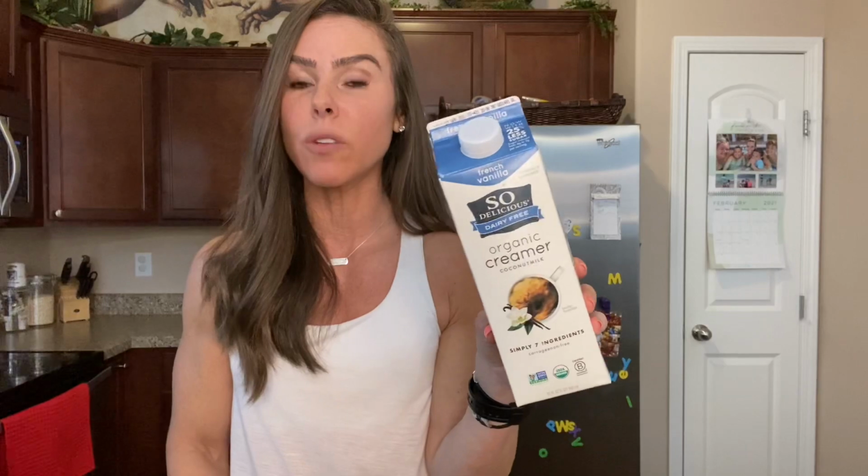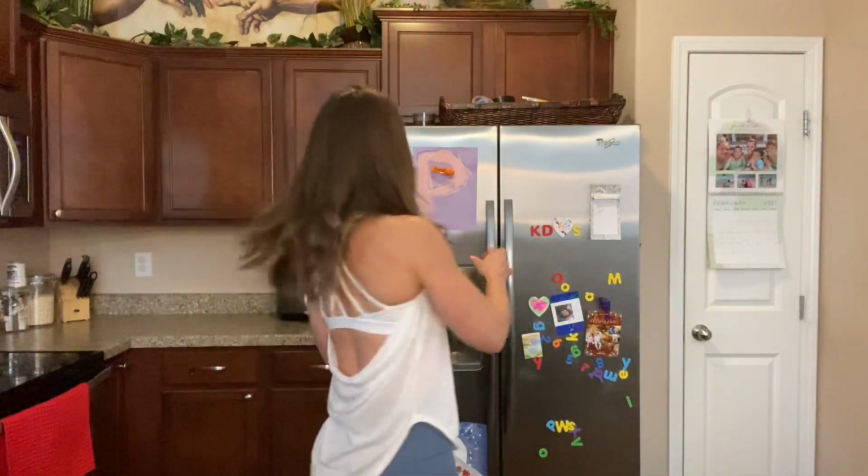But that is what I usually use in my coffee as my creamer. And I tried this brand out, So Delicious. I do like So Delicious with some of their items. Honestly, this was not my favorite, and so it's been in there for some time. I should probably pitch it, but